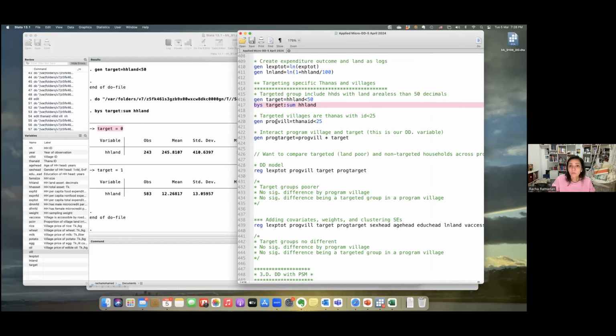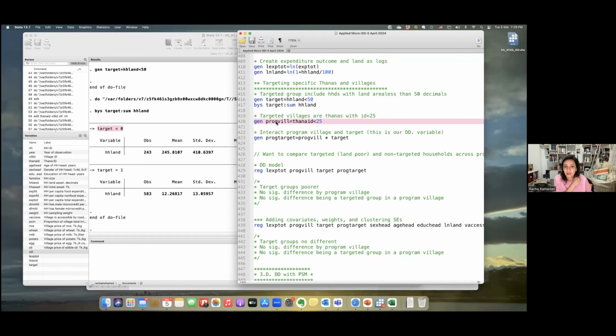Now for the village, based on the literature and on the program, I will define the villages that are targeted by the program, which we will assume are year equals 1. Those are the villages that have an ID less than 25. So assume that the Bangladesh governorate would rank all the villages and all the IDs and said, okay, I will take the first 5 villages or the first 10 thanas, and those are the ones that will benefit from